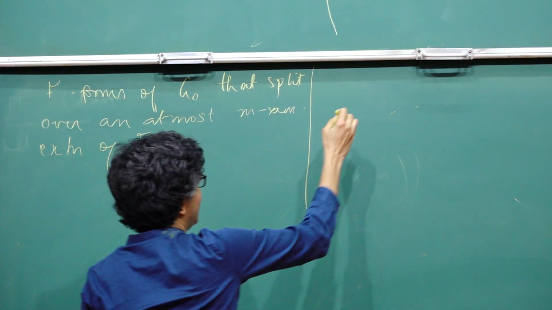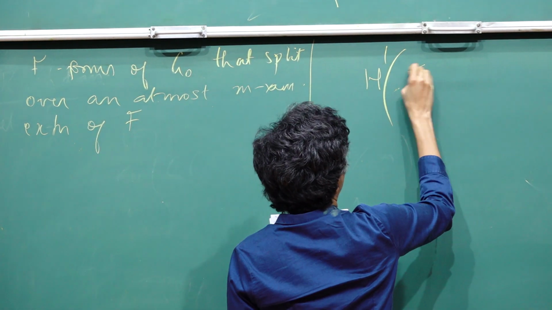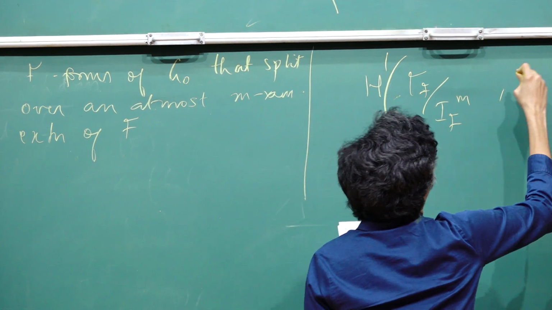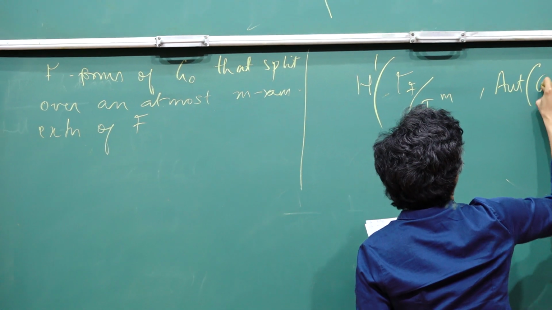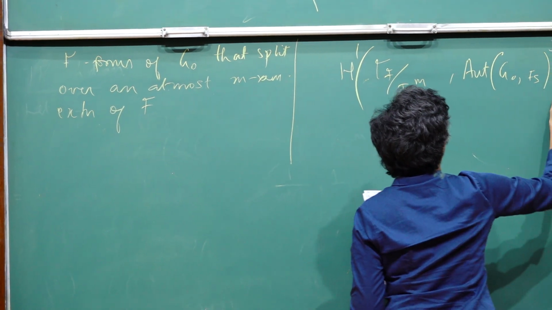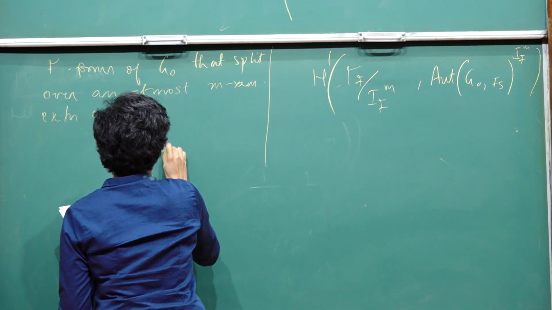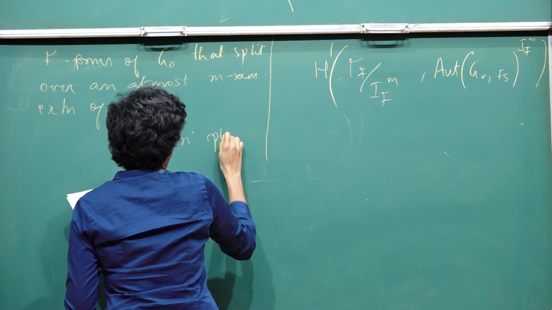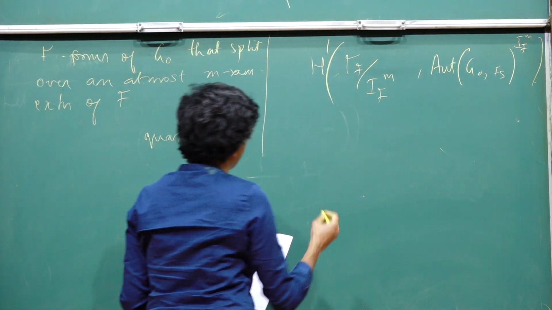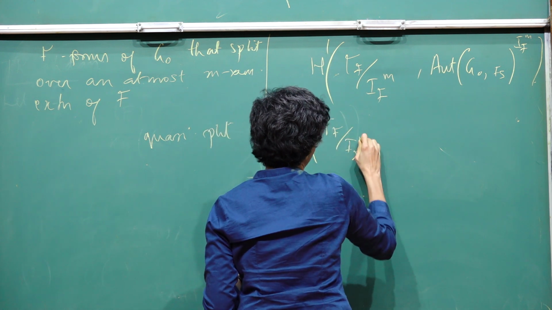Then one can easily show this. This is parameterized by this set H^1(Γ_F / I_F)^M of G_0's. And similarly, if you look at the quasi-split forms that split and become isomorphic to G_0 over an at most M-ramified extension, then this lies in the image of H^1(Γ_F / I_F)^M